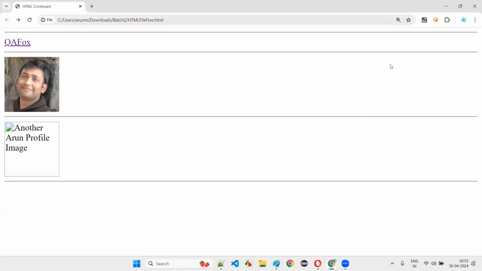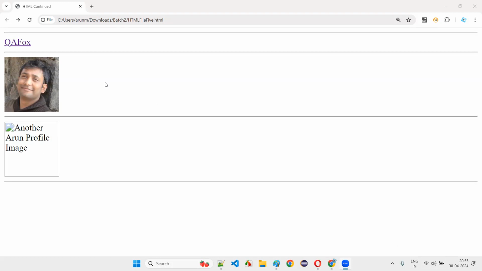You see, the alternative text purpose is this. Everyone clear why we have to use the alt attribute and give the alternative text in the alt attribute? If due to some reasons images get broken on the web page, they have to load properly, right? Some images are heavy. Sometimes the page will not load properly, or the internet is very slow. These images are heavy in size when compared to text, so they will not get loaded. In that case, instead of the image, the text will come.